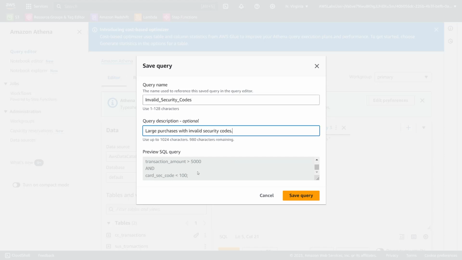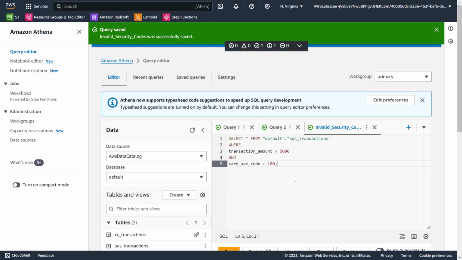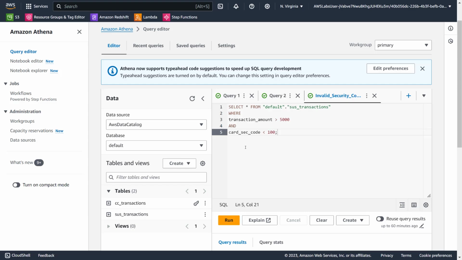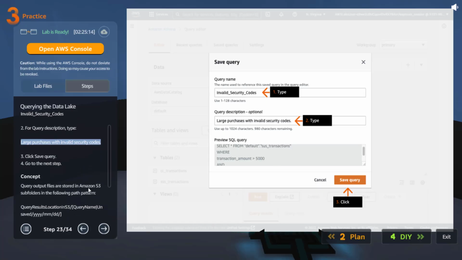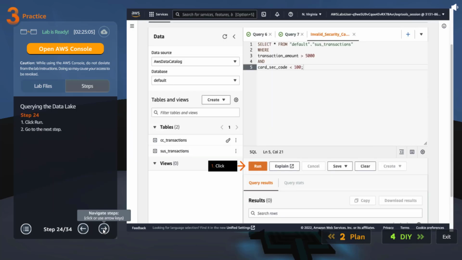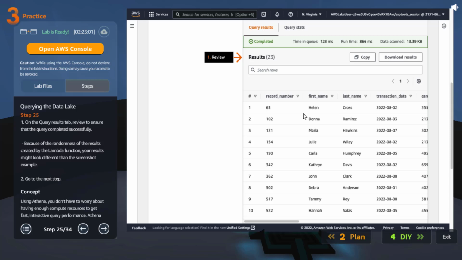And the query is already here. So let's click on save query. I think the query is saved successfully. You can see it's named, and I think we will see that in a minute. Okay, cool. And let's see if there is anything. We can scroll down and you can see the concepts for it. Okay, once that is done, we can run it. And as you can see the results here.